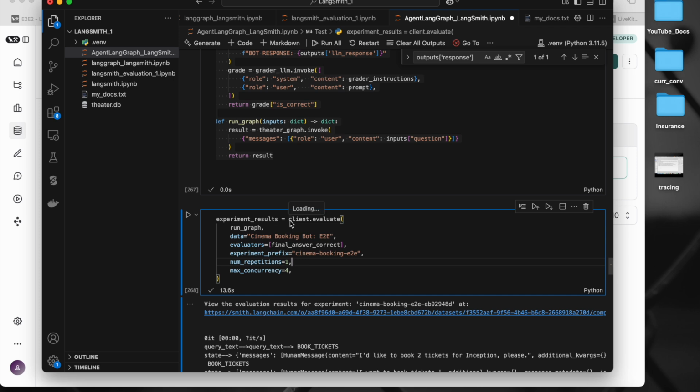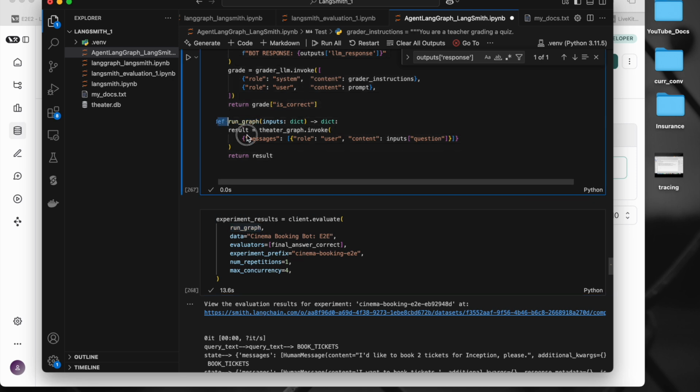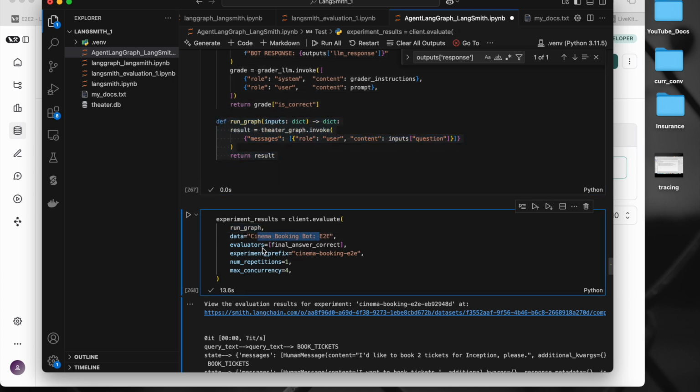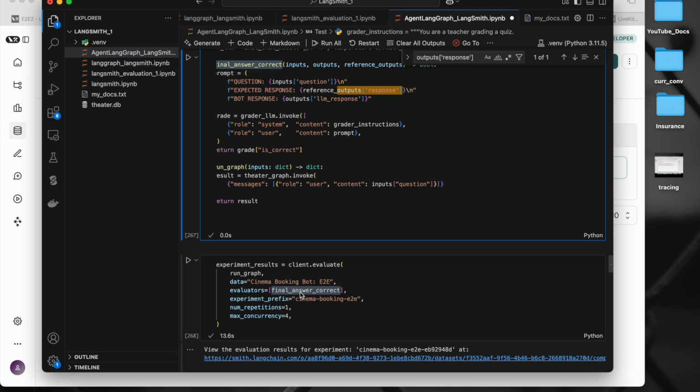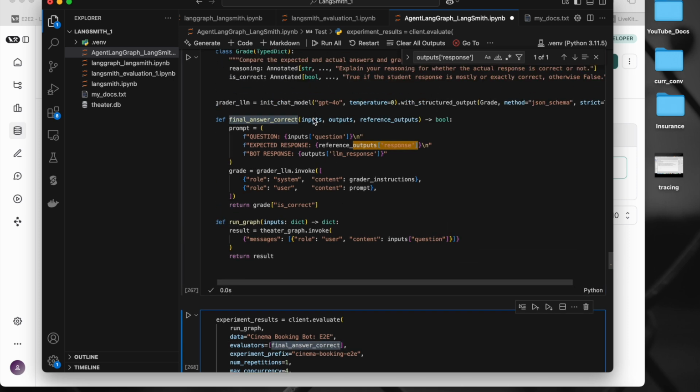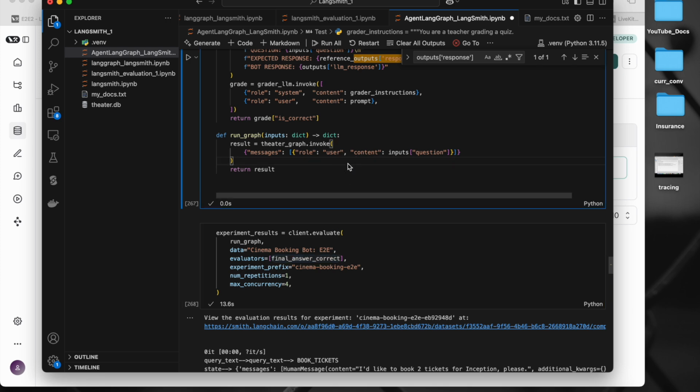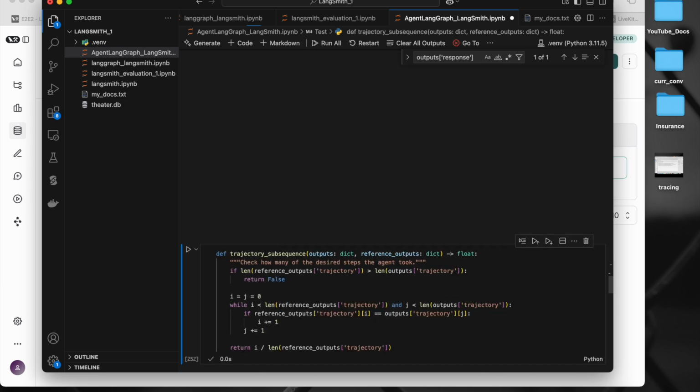And now if you come here, client.evaluate is a method, and this is the run graph inside which we are triggering the graph. This is the data set, and what is the evaluator here? This particular method, evaluator, inside which we are evaluating, right? That's it. Inside this particular method only we are passing input, output, and reference output and everything. That's it. So if I execute this and if I execute this,